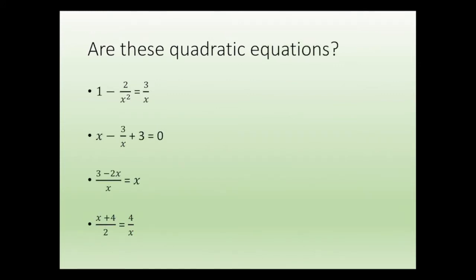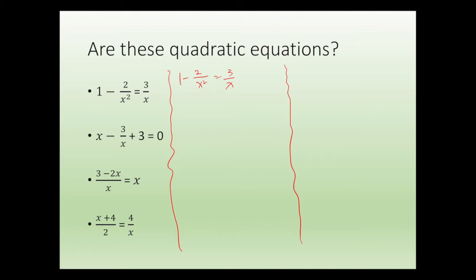Recall what I've taught you the last 2 lessons. Now, look at these 4 equations. Are they quadratic equations? Doesn't look like it. But then, we need to be able to rearrange this. So, I'm going to split this into 2 columns. Rearranging the first one: 1 minus 2x squared equals 3 over x. Now,